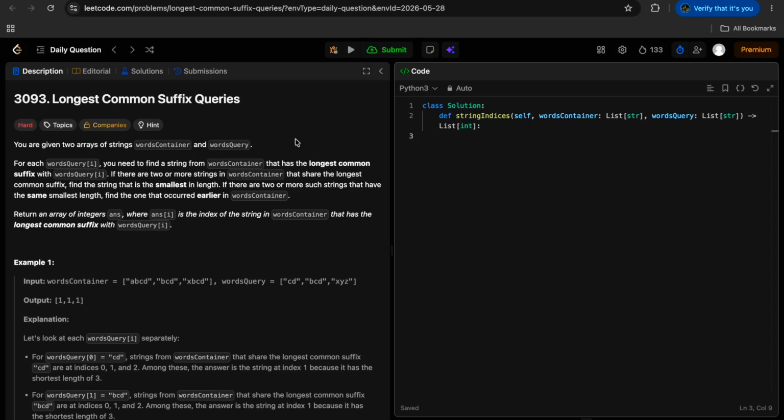Okay, so today's question is longest common suffix queries. You are given two arrays of strings, words container and words query. These are the two inputs we have been given. For each word query i, you need to find a string from words container that has the longest common suffix with the word query, like CD. So this is CD, this also has the suffix CD, this also has the suffix CD,